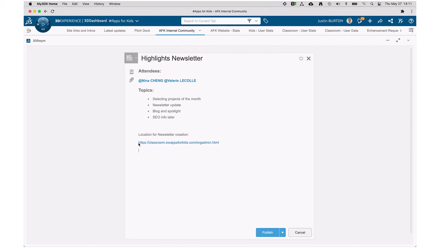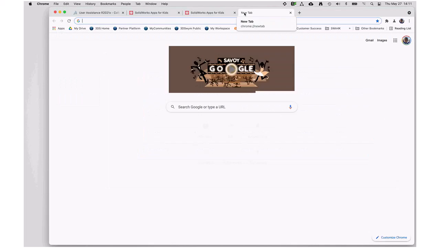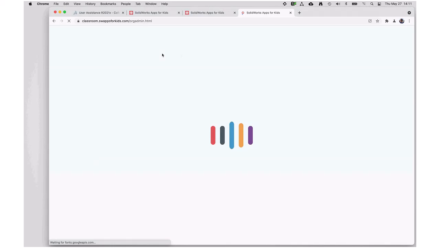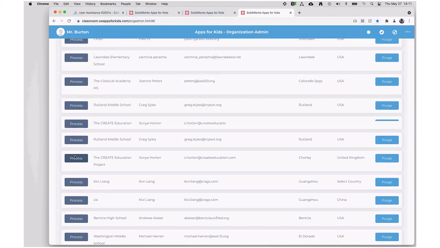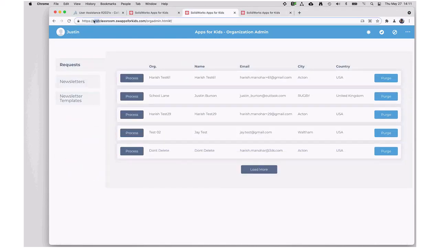So today we have this website, which is the classroom organization admin thing, which is what Nina uses for checking the requests to create a classroom. Today, this exact website is just used for processing these requests. What we're doing at the moment is building a test version of that, where we're building the newsletter creation. So this is where you would normally see the requests, and underneath that you've got newsletters